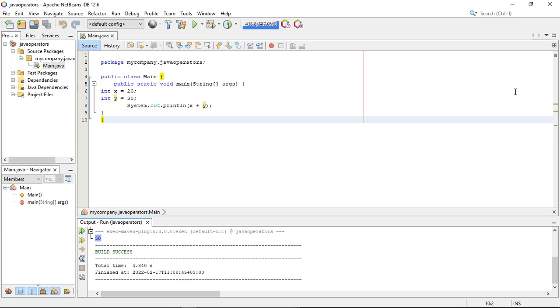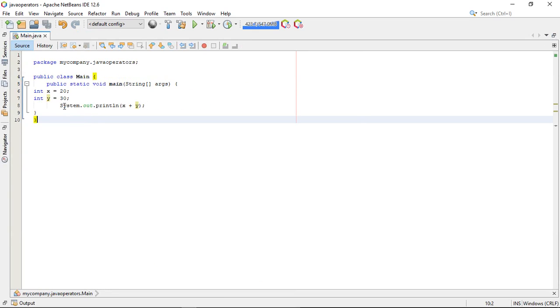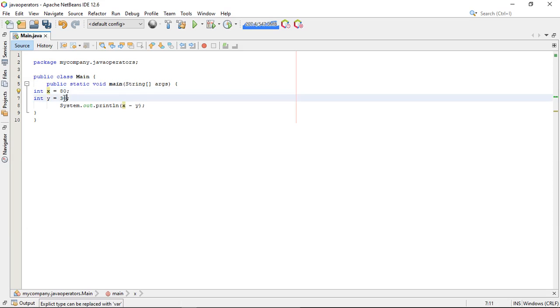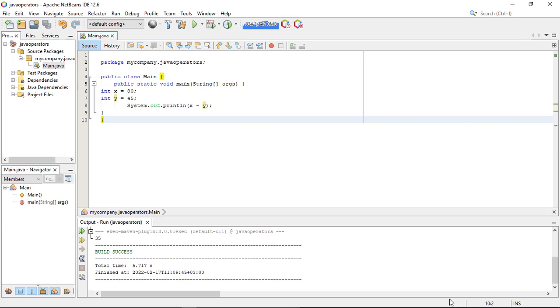Alright. Now the other one we'll be discussing is what? Subtraction. You can use subtraction here. So let's say change these values to something like 80 minus this is 50, so this one is something like 45. So let's say for work, then you click on run, right? You see build success and the answer is 35. All right, you can change also this one to something else like